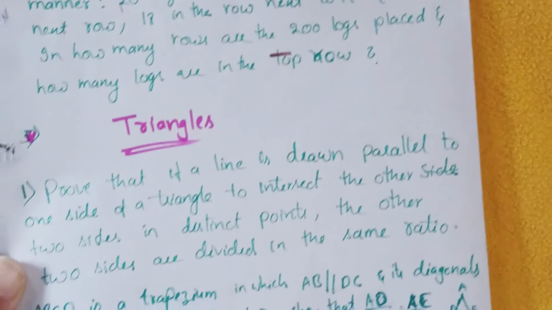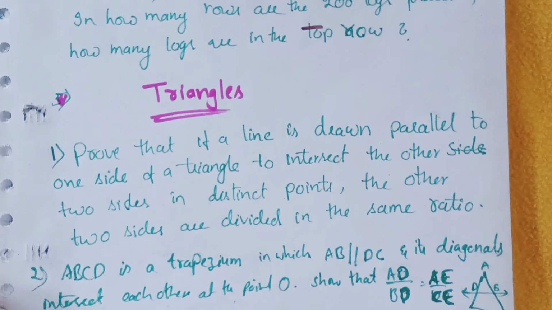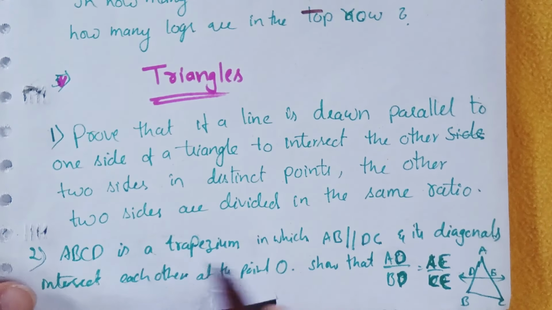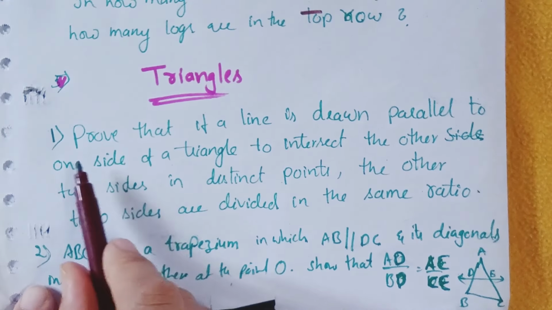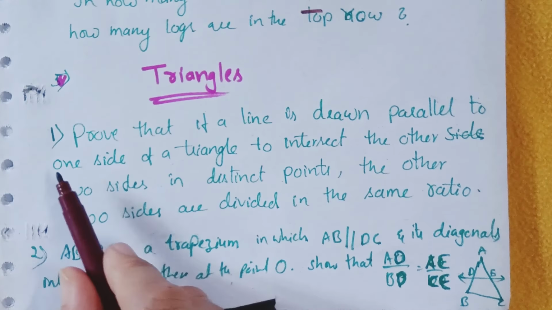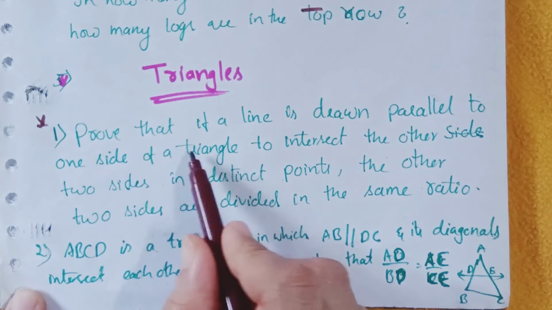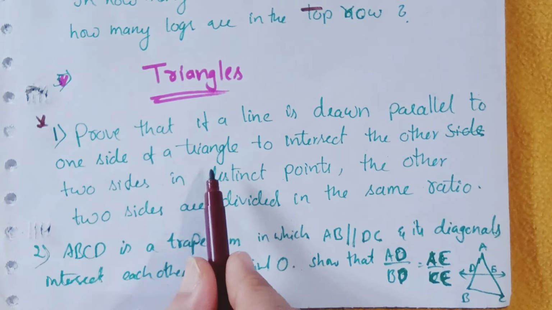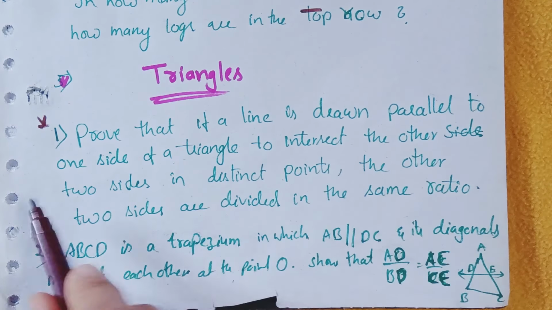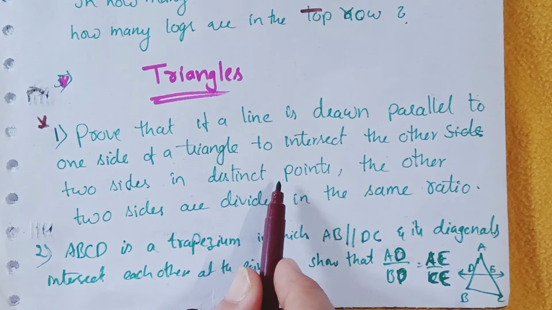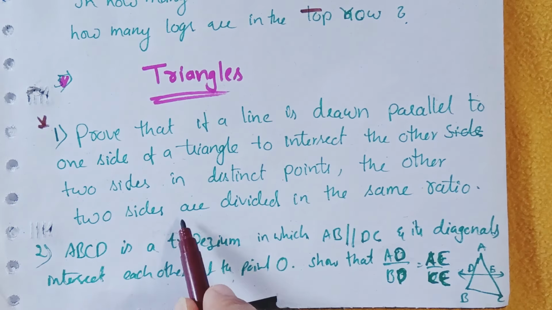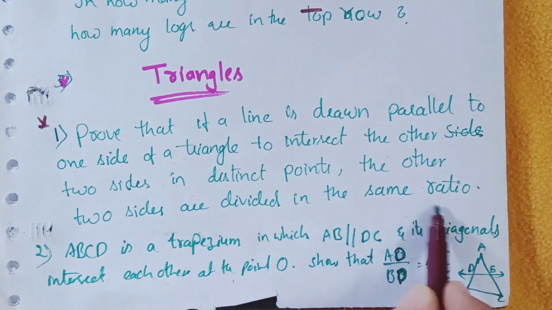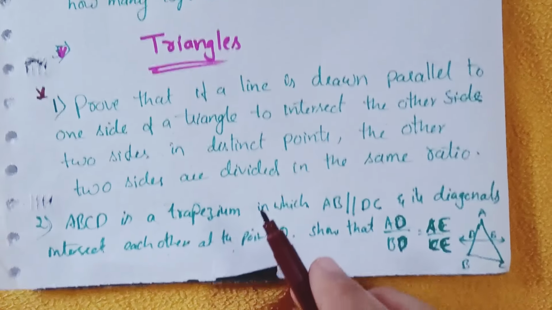Okay, let's move on to the next chapter, that is triangles. Let's see. So the first important question is: prove that if a line is drawn parallel to one side of a triangle to intersect the other two sides in distinct points, the other two sides are divided in the same ratio. Next, the second question is,